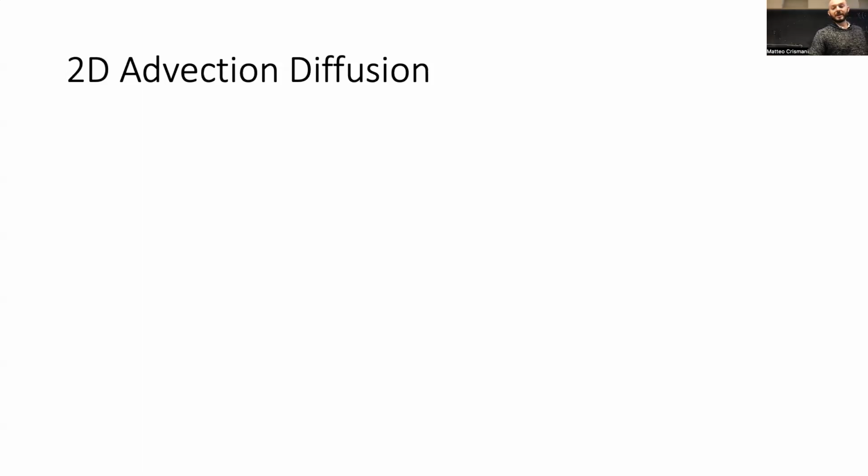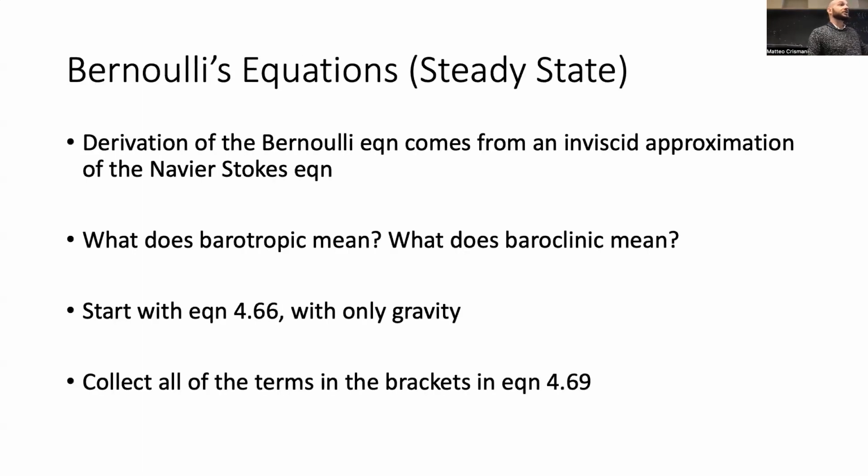Okay. After 2 dimensions, we'll talk about Bernoulli's equations, about putting them into the code. This would be steady state. We'll talk about steady state and boundary value problems. Those are easy. Those are just zeros on one side or zeros on the other. Simple. And then vorticity. Once we're at vorticity, we can almost boil water.